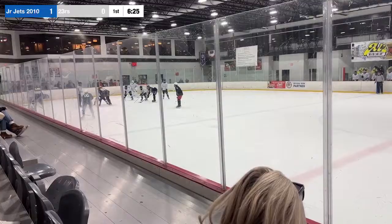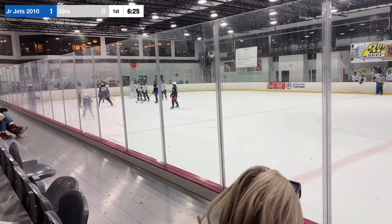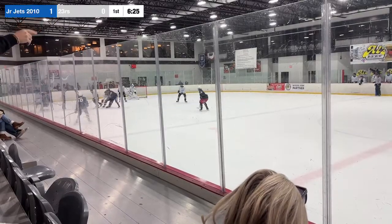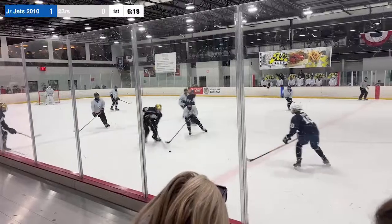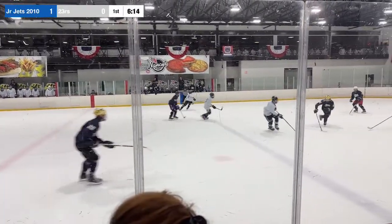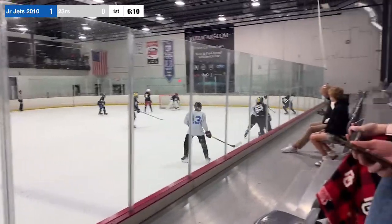Looks like Krawitz on the face-off. They had to switch. 29ers have to switch centers. Jets win the face-off. Krawitz loses it to 29ers. Evans